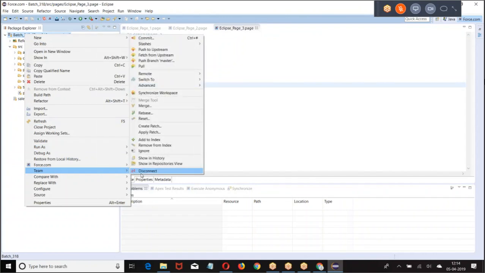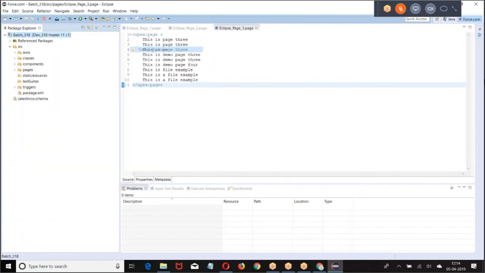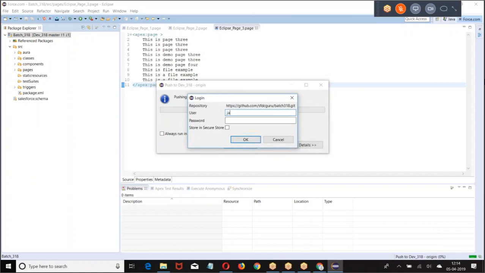There is some issue with this. Okay, let me do it another way. Push to Upstream. I'll try the other way.